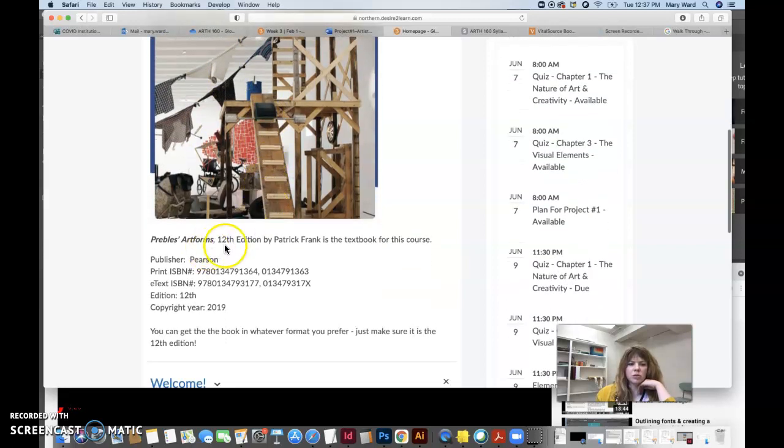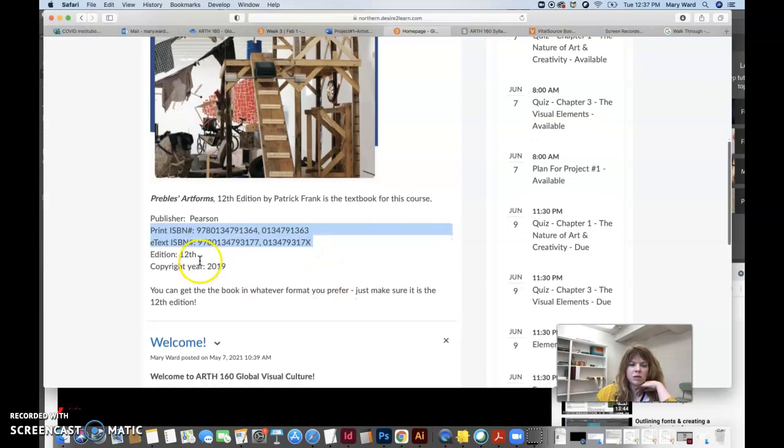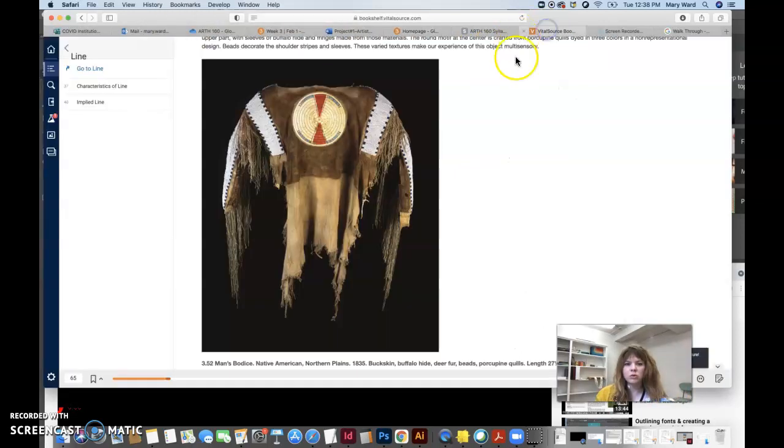So just make sure you get that 12th edition by Patrick Frank. Publisher is Pearson. Here's the print ISBN, the e-text ISBN, and the edition, the 12th edition, copyright year 2019. I would not suggest getting an older book. I would suggest getting the 12th edition. Since it isn't super new, it's a couple years old, it's getting cheaper. And the e-text is actually quite affordable. You can get it from VitalSource,